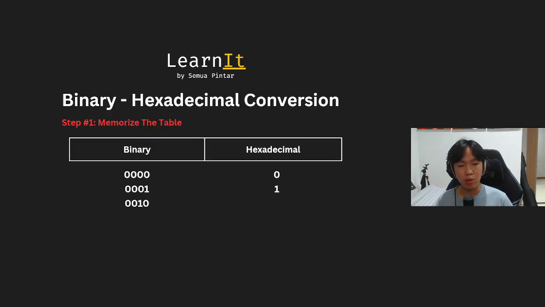Think about counting, but you can't use the digits 2 to 9. You can only use 0 and 1. So after 0, 0, 0, 1, the next possible digit is 0, 0, 1, 0. But the hexadecimal itself will still be 2. Okay. Now you keep going with this. The next digit will be 0, 0, 1, 1, and the hexadecimal will be 3. Okay. And you go on until the highest possible value is 1, 1, 1, 1, and the hexadecimal should be